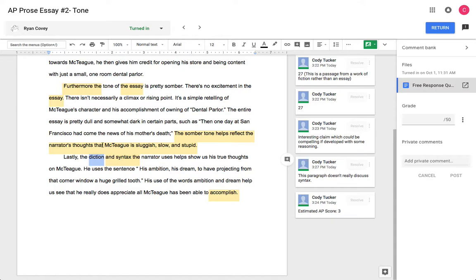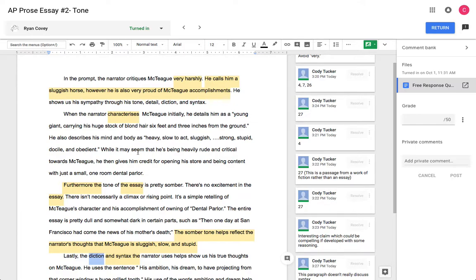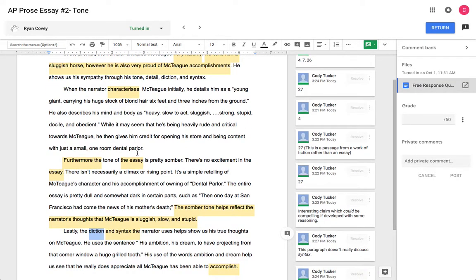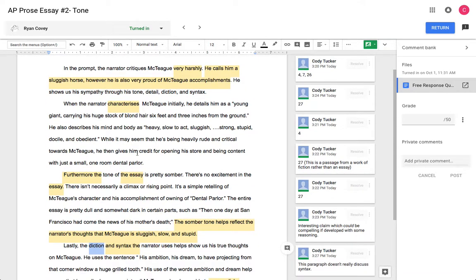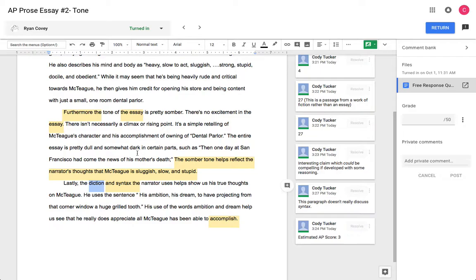Apologies. This is a great start. I've estimated your score as a 3. It's in the 3 to 4 range. I feel like all you need to push it to a 4 is just some additional writing. It's too short and underdeveloped. And then to get it to that 5 range, we need to have some ample analysis here that actually addresses the prompt. I didn't mention this in the video, but there are times where I feel like you wander away from what the prompt is asking for, namely the characterization of McTeague and how the narrator